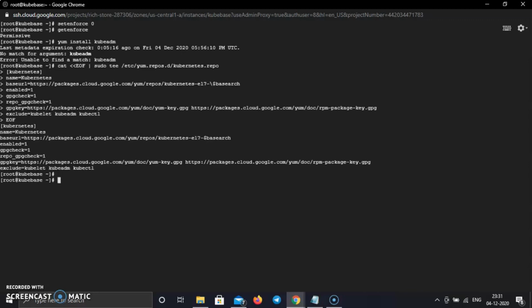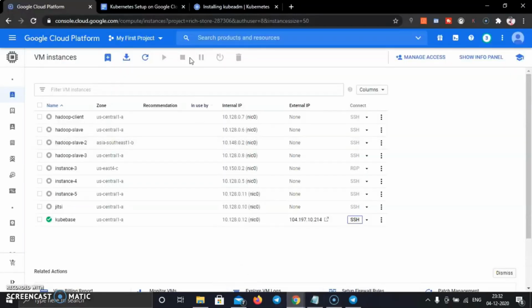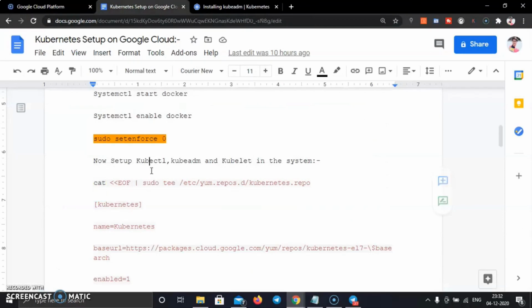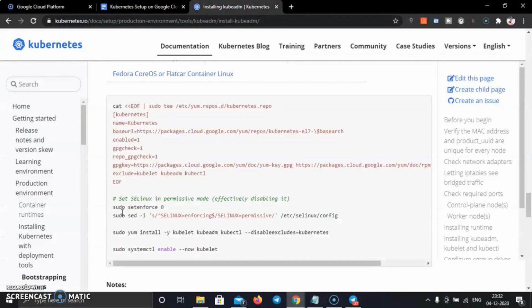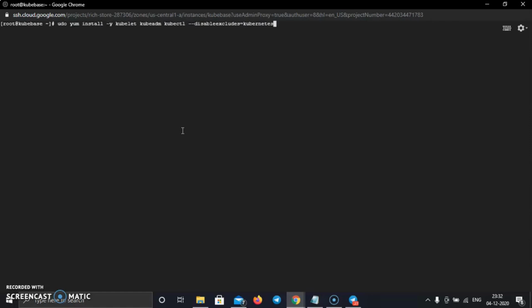And okay, now we can run this command from the official documentation to install kubelet, kubeadm and kubectl. Okay, so just copy this command and paste in the terminal.